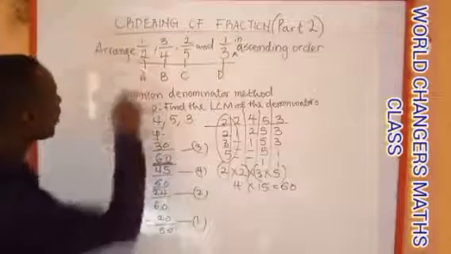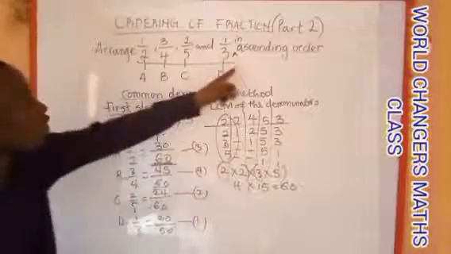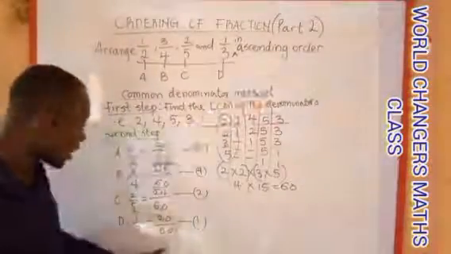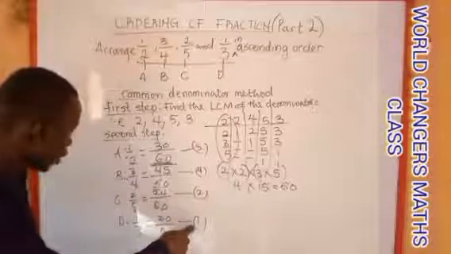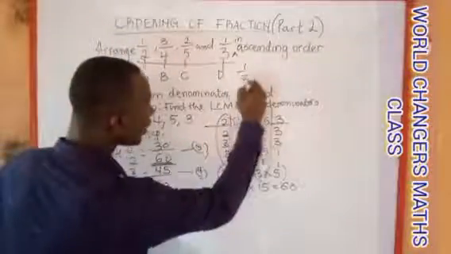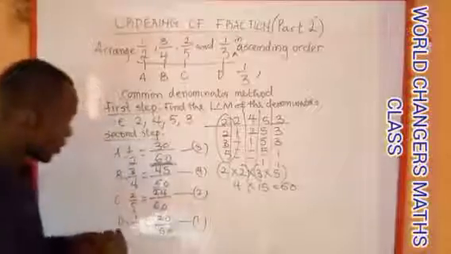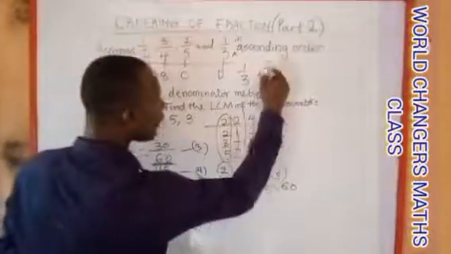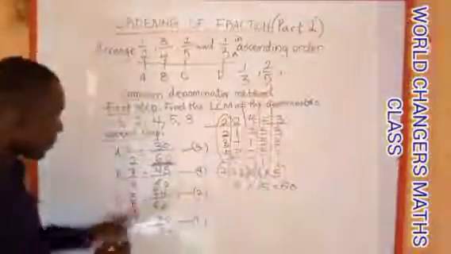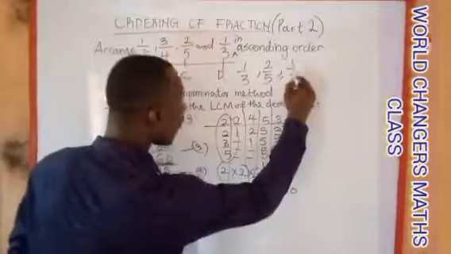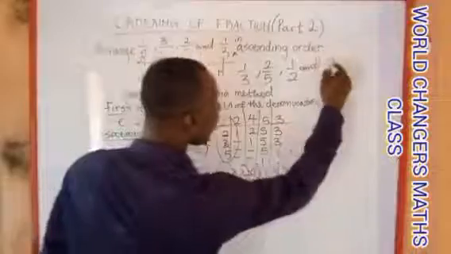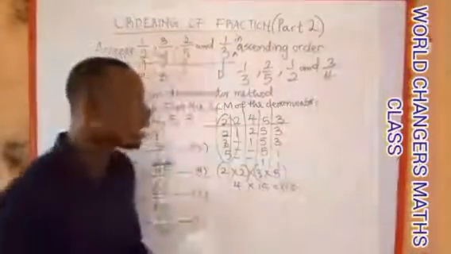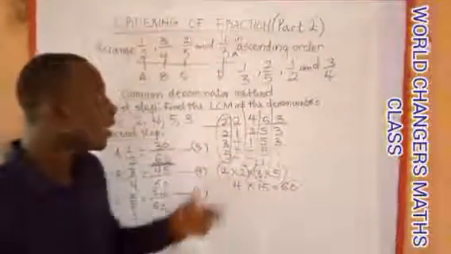So the question says, arrange this set of fractions in ascending order. And don't forget, ascending order means from the smallest to the biggest. Now, what is the smallest fraction here? 1 over 3. Followed by 2 over 5. Followed by 1 over 2. And followed by 3 over 4. This is the best way to find or to arrange